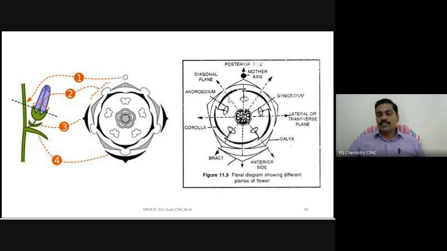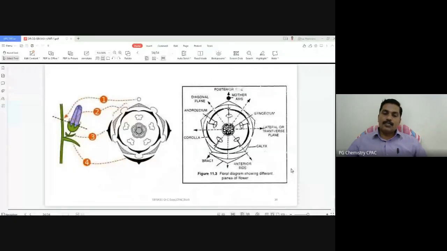When you take any section, the pieces are of equal nature. So with this, the description of floral or morphological characters is over. So based on this character only, your